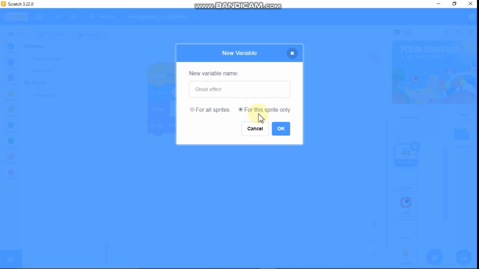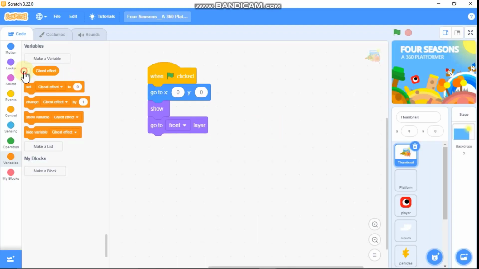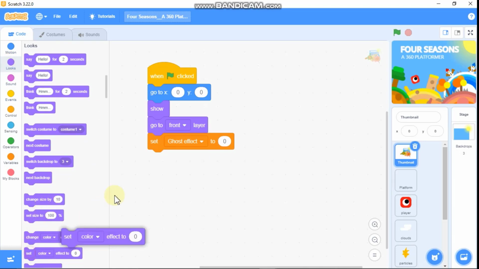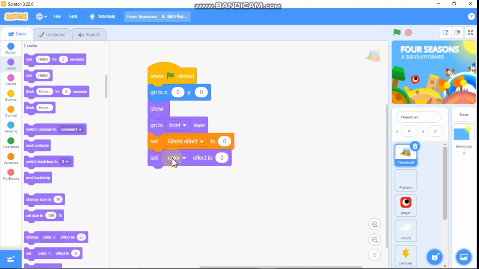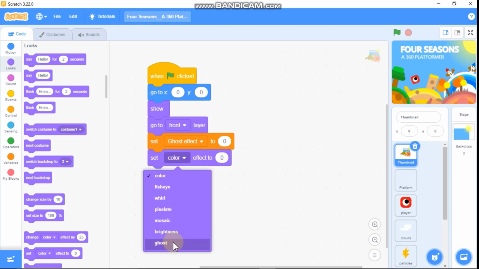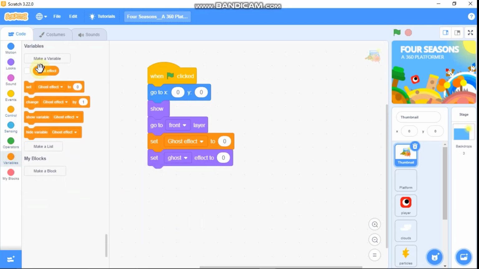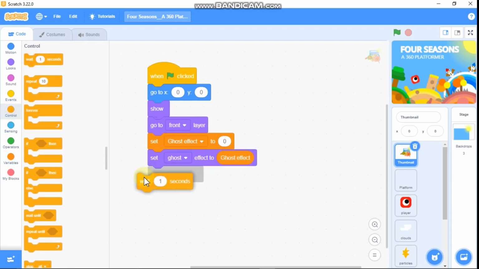Make sure you tick for this sprite only. Then we need to set ghost effect to 0, and we need to set our ghost effect to the variable ghost effect, and then we need to wait 2 seconds